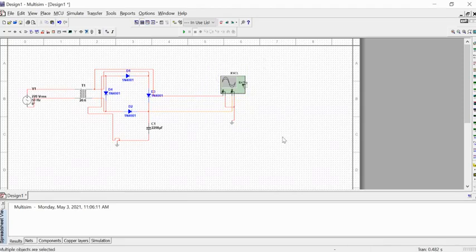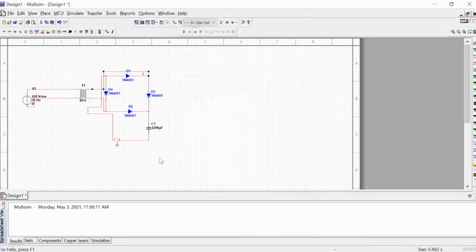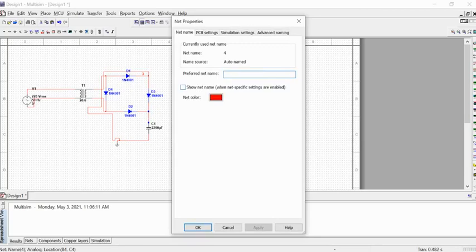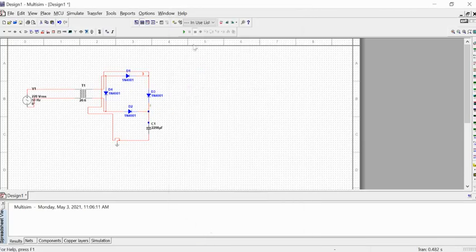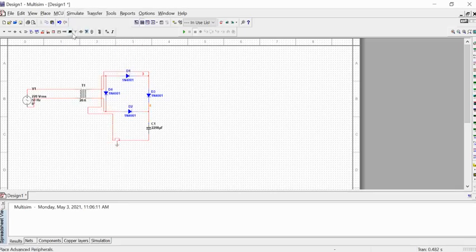So if you want to check the transient analysis, you can first double click on it. This is basically where you can specify the node point. So it is node point 3 here, and this other node point, you can check from it, is 4. Now you want to check the voltage across node points 3 and 4 according to the transient analysis, meaning how they are changing with respect to time. So you need to simulate it transiently.